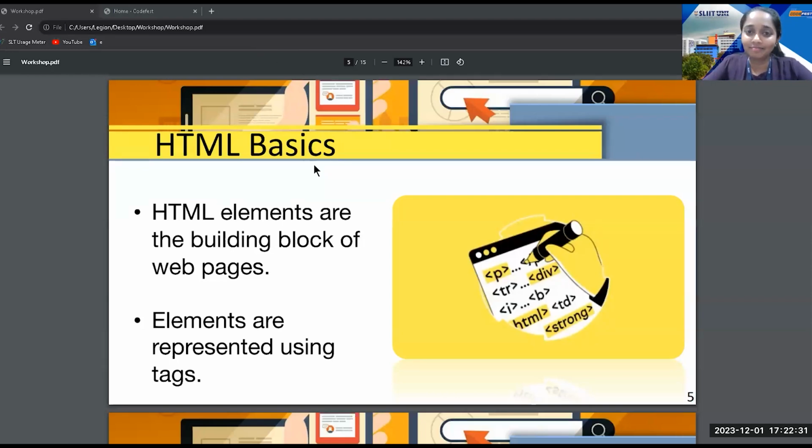Okay, then for the HTML basics, the slides say HTML elements are the building blocks of the web page, and elements are represented using tags. So most of the time, students, what we call HTML tags. The tag, that should be the tag, right? And then